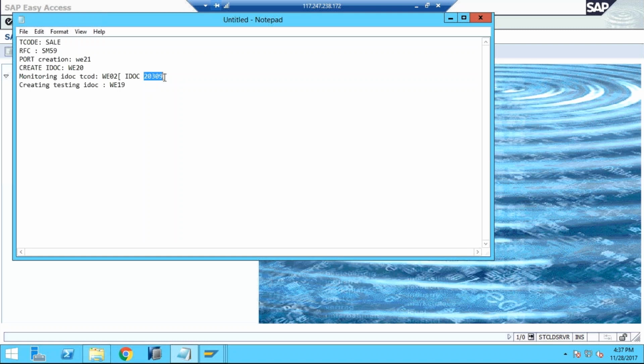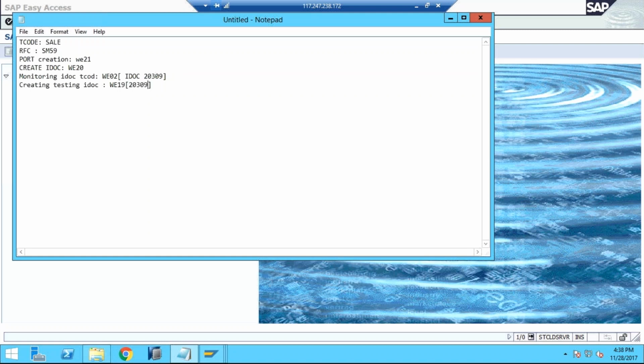You want to check what this issue is. Maybe you find there is some issue with configuration, and you change the configuration in your card system. Now you want to test this IDoc. How is it possible, how do you satisfy yourself that you solved that issue? So go in WE19, there is an option IDoc number, put that IDoc number, whatever you get in WE02,